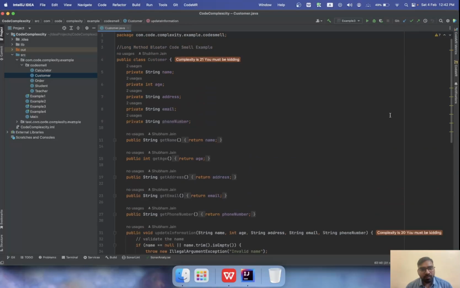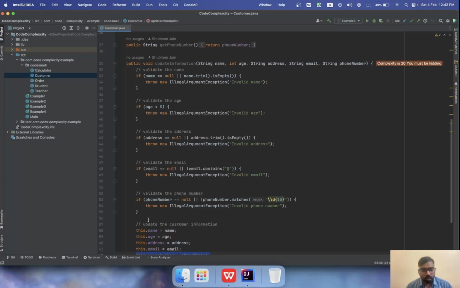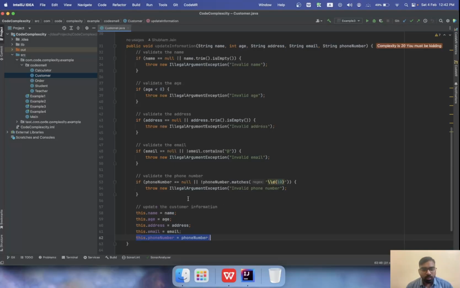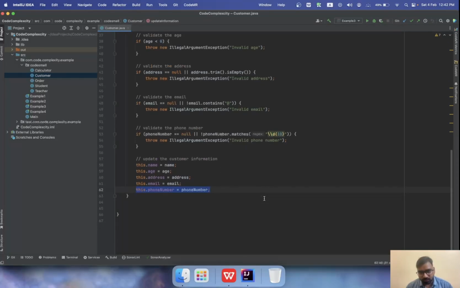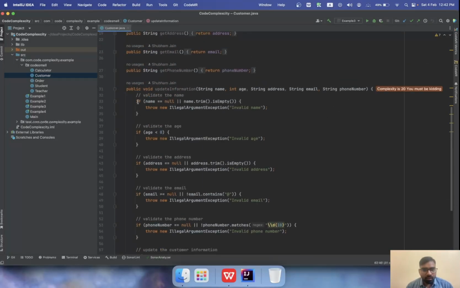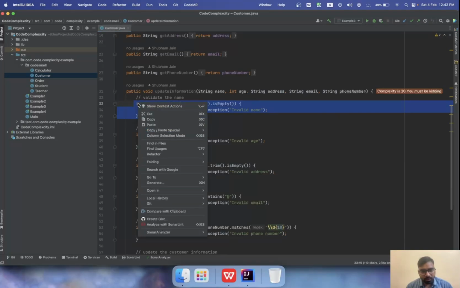We need to remove this long method bloater code, because this method is too long, that may cause a problem when we are going to add some functionality into this. So how can we do this? We have the principle that if-else and logical operators increase the complexity. So what we can do is add one method over here that is going to check whether the name is valid or not. So we are going to extract this particular code into a method,